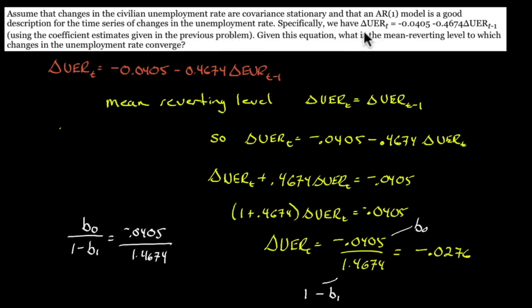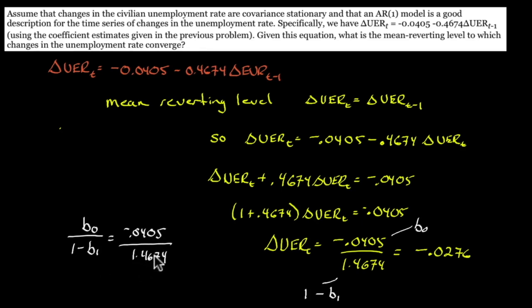Specifically, we have the change, or first difference, in the unemployment rate is equal to negative 0.0405 minus 0.4674 times the lagged first difference. Okay, given this equation, what is the mean reverting level to which changes in the unemployment rate converge? And we can do this two ways. We can use B naught over 1 minus B1, and we know what B naught is. It's negative 0.0405. We know what B1 is. It's negative 0.4674. It's 1 minus, since that's a negative, 1 minus negative 0.4674 is 1 plus 0.4674. That's why we get